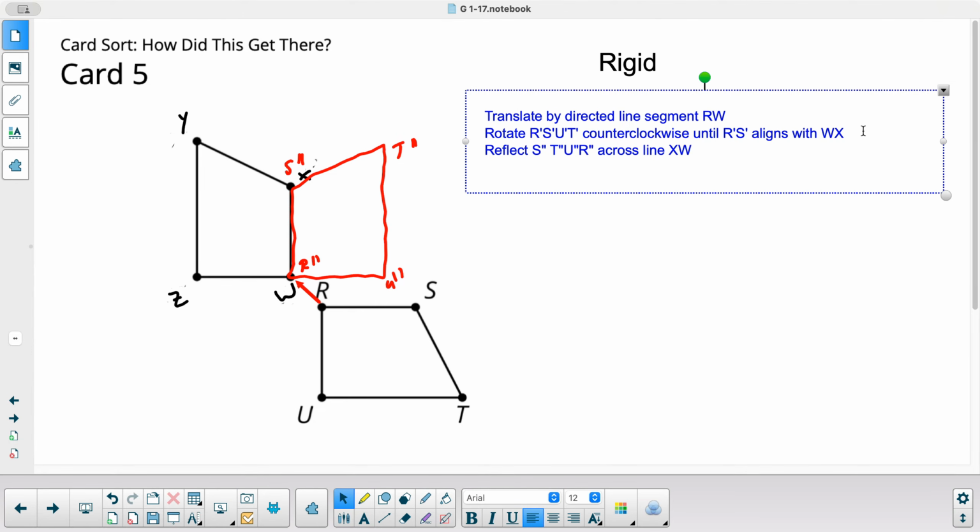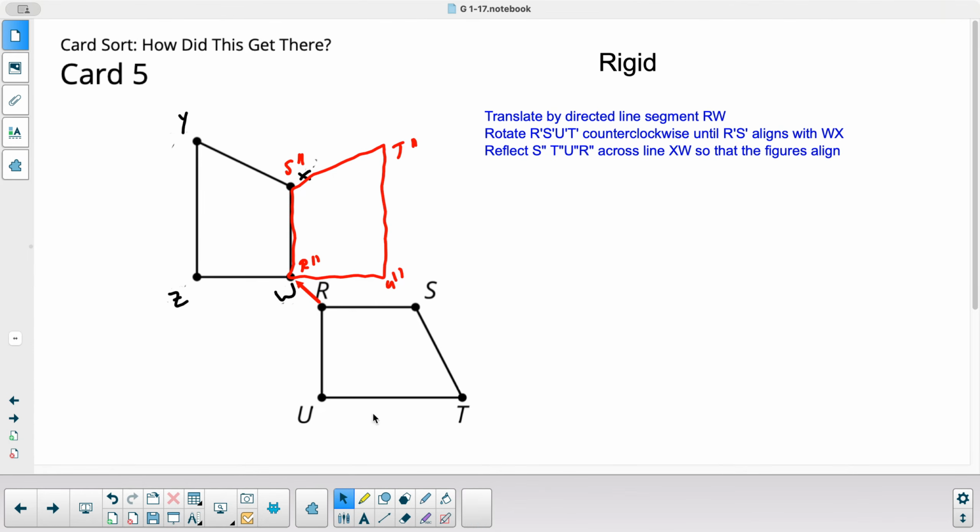Call it XW, or you can call it S double prime, RW, R double prime, either one. So reflect it so that the figures align. So if I reflect this horizontally, again, it won't let me reflect over that specific line, but if I flip it,